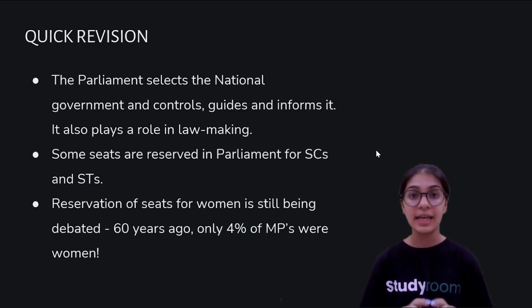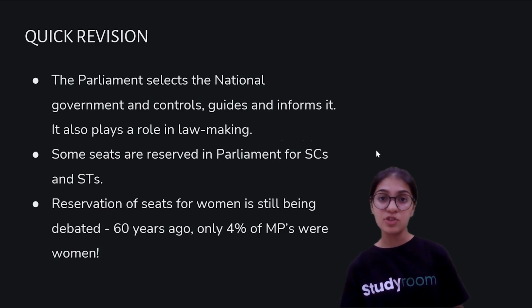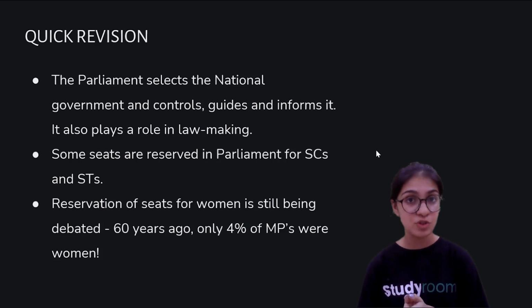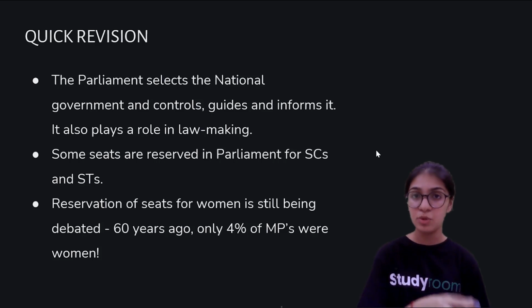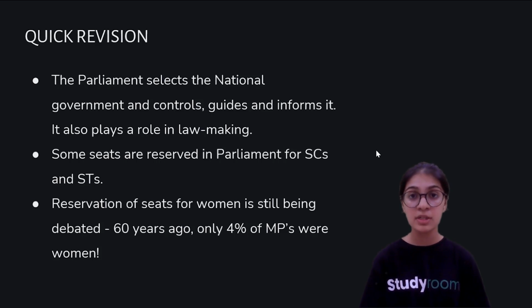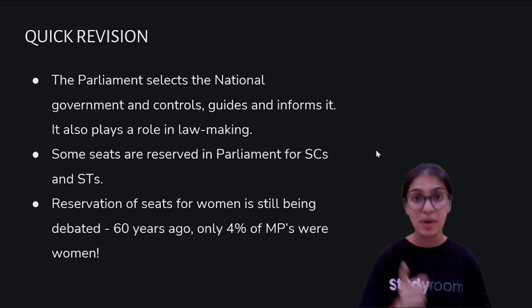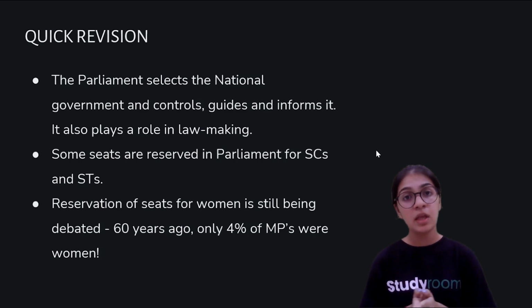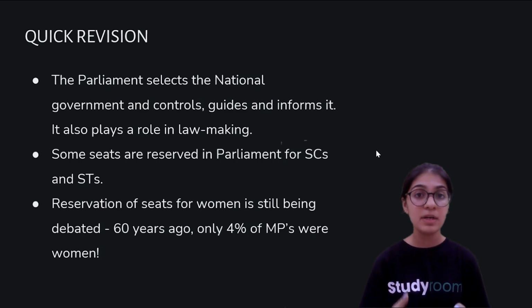Any party which gets the maximum number of members of Parliament becomes the ruling party, and the party which gets the second most maximum number becomes the opposition party, in order to create pressure on the ruling party as to whether they are doing everything right or wrong. The opposition party also has the right to question the ruling party on whether the policies are being implemented and followed properly. This creates pressure on the ruling party to work hard, make new policies and implement them properly.